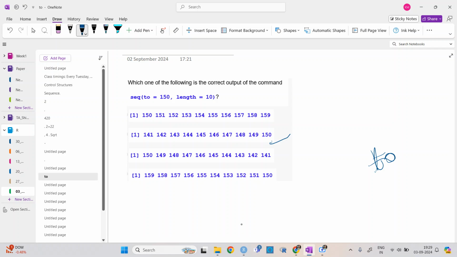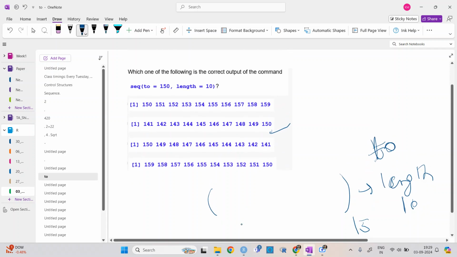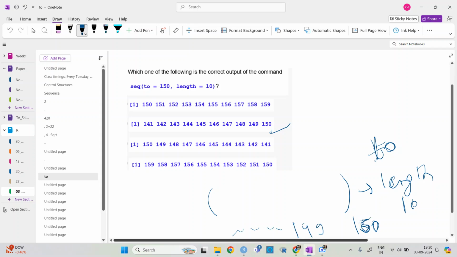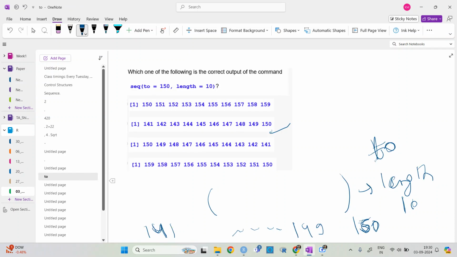Length means the array which we will answer, its length needs to be 10, right? Okay. So if it is 2, then write it from behind, so it will be 149, and we will write up to the length reaching 10. So like this. Here also we can write by. If you want 2 to be 150, you write by.